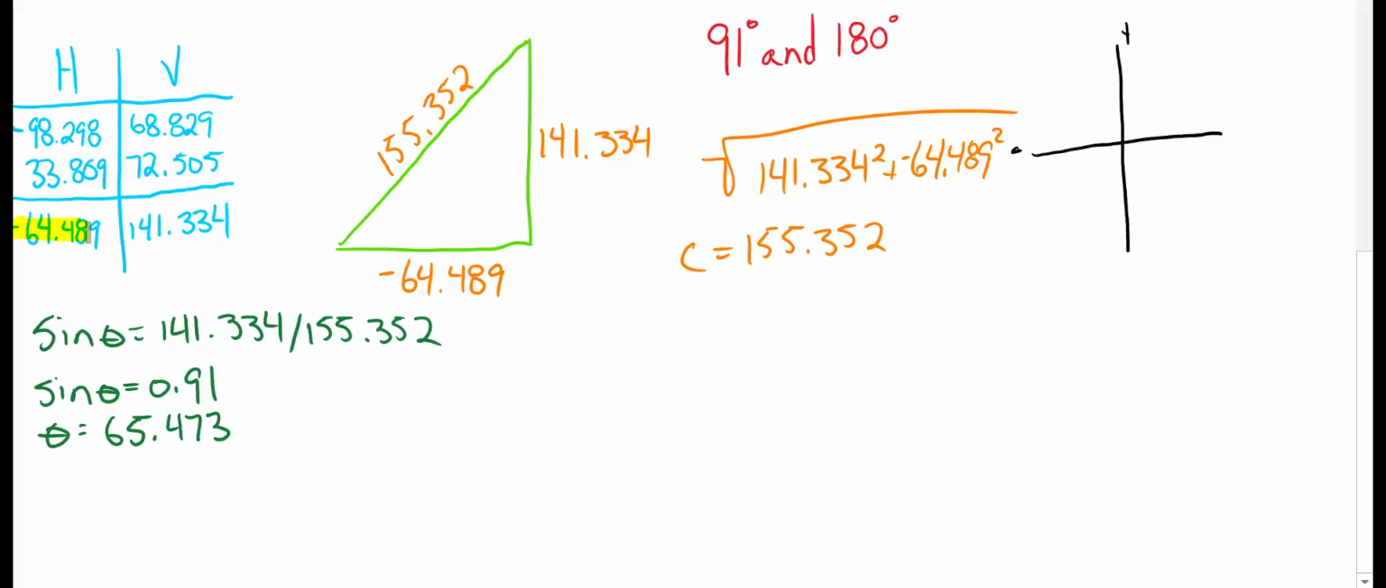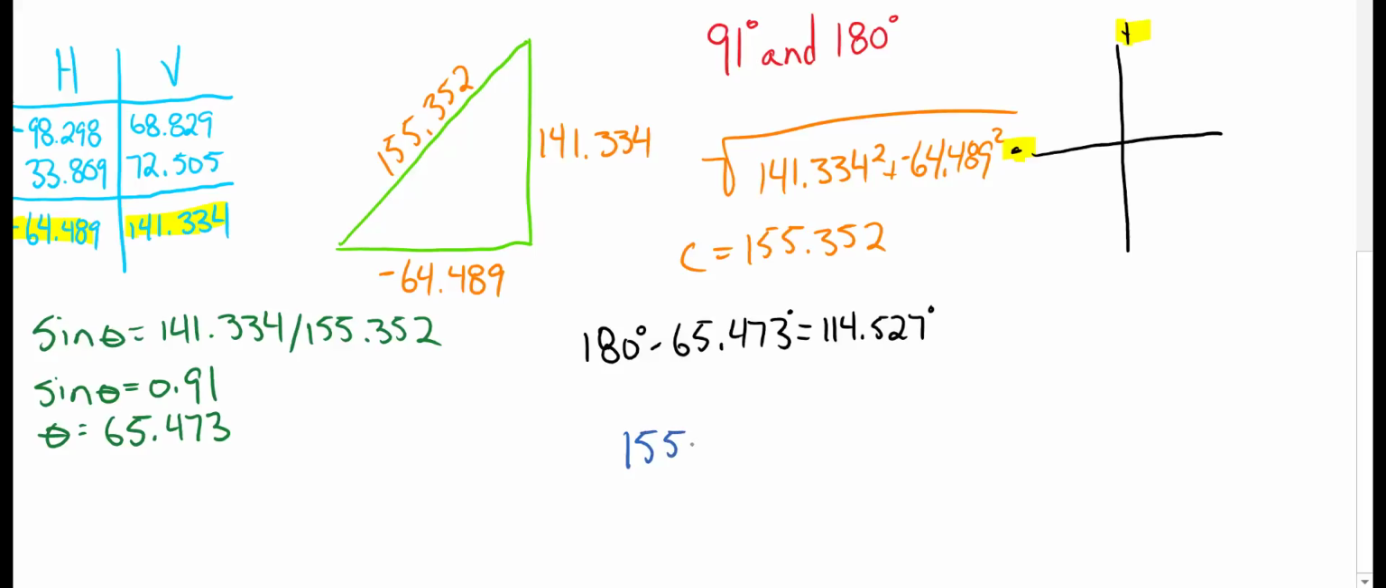But according to our values in our horizontal vertical table, I know that I'm going to be in the second quadrant. So I know that I've rotated past 90 degrees, but I haven't reached 180. So how do I find this angle? I go 180 minus 65.473. And that should give me 114.527 degrees. So the answer for this question then would be I'd have a resulting phasor